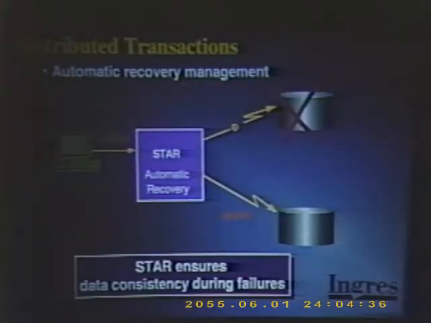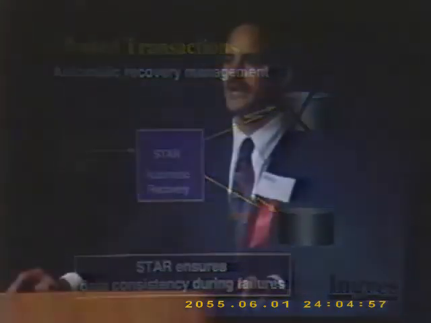database, or network failure, at any time after the point that Star has decided to commit the transaction, if a failure occurs at any time after that point, automatic recovery will ensure that that transaction is completed so that data at multiple points remains consistent. Let me give an example. Let's say with this banking transaction,